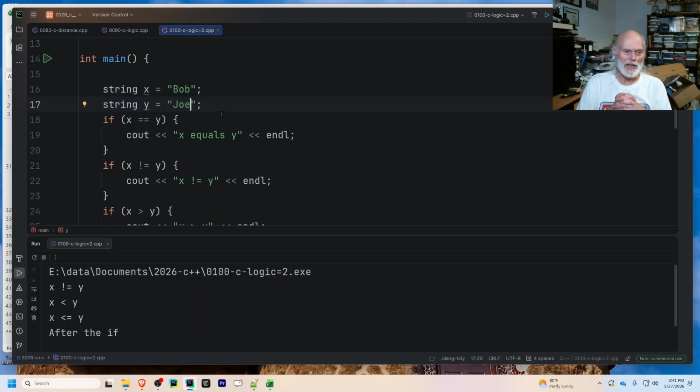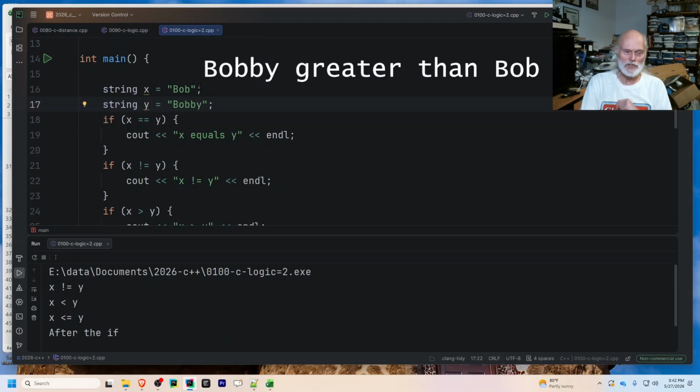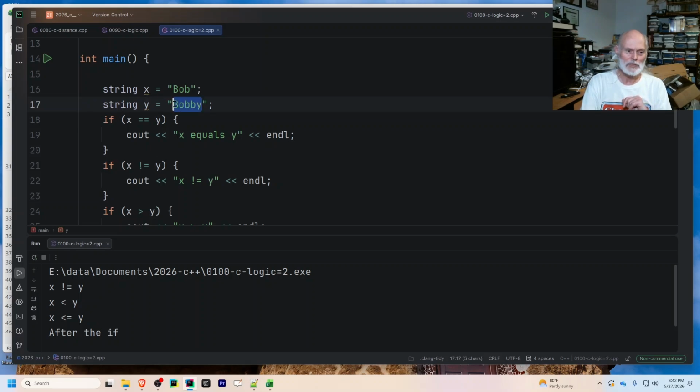Well, why is that? Why is Joe bigger than Bob? And let's try one other. Bobby. And Bobby's also equal to Bob. Well, there you might think, well, it's got more letters, that's why it's equal, and that's sort of right. But going back to Joe,